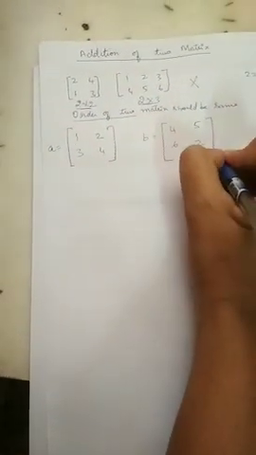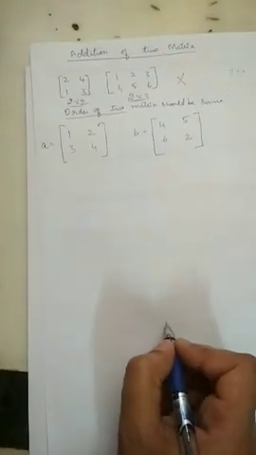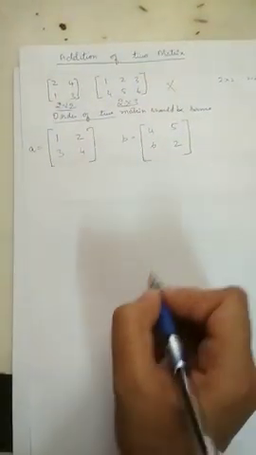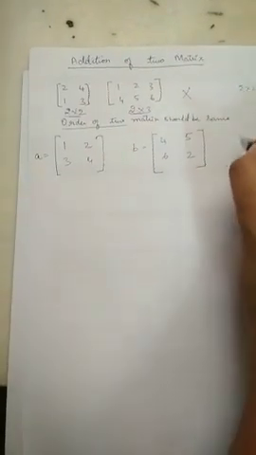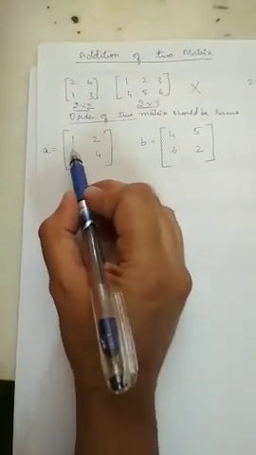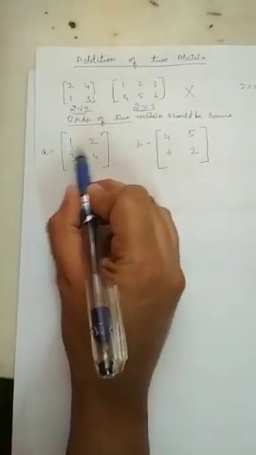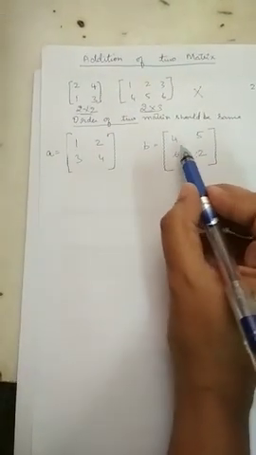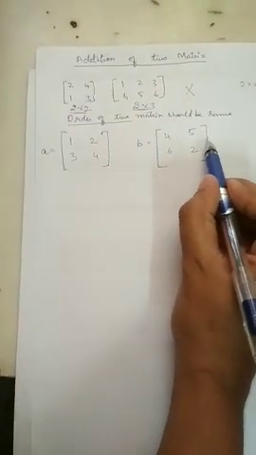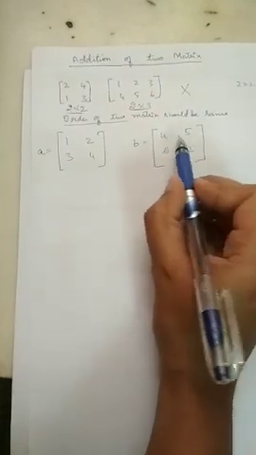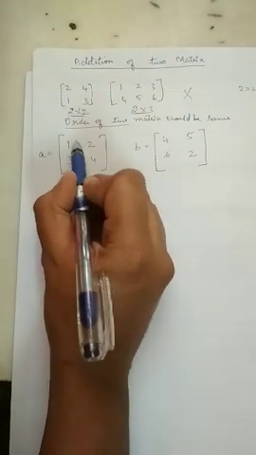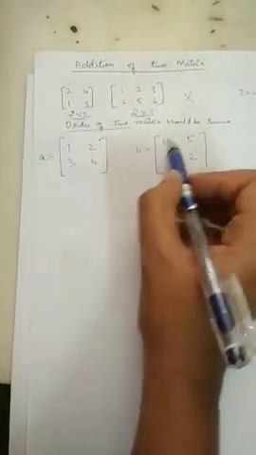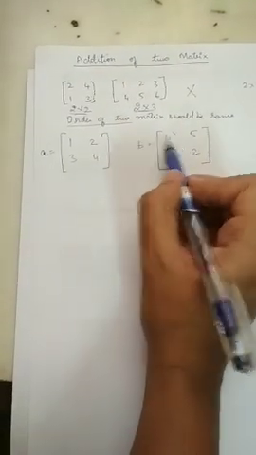Now, how are you going to perform the addition of matrix A and B? So, first row, we have to add it with first row of matrix B, right? So that is element 1 has to be added with element 4, right?